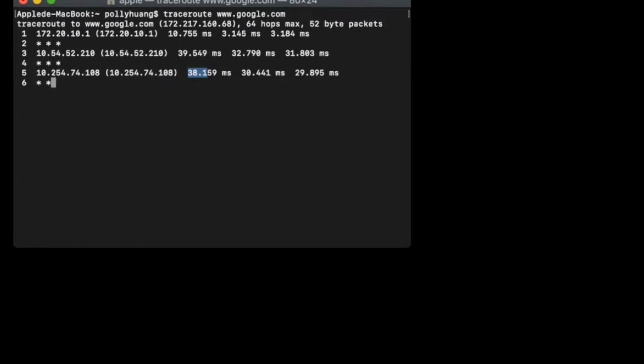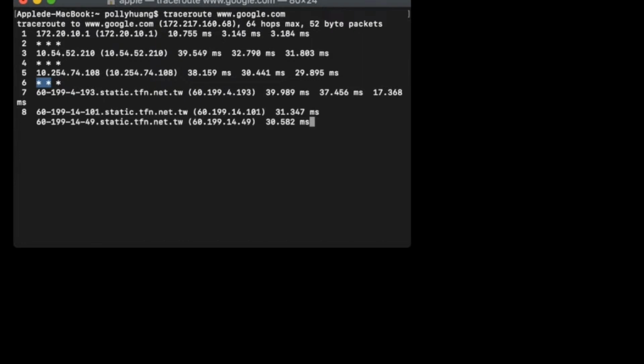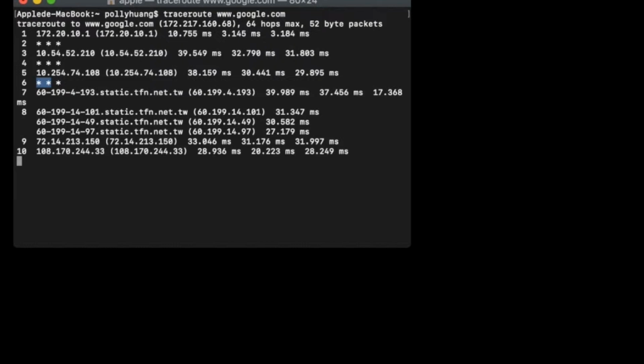And you see here, when it's star, star, star, it takes a longer time. It's because when the traceroute program sends the probing packet, there's a timeout interval. Traceroute will wait until the time exceeds the interval. Then it determines that, hey, the router is probably not going to respond anymore. So forget about the first probe, send the next probe. The next probe also waits some amount of time. Timeout, give up, and then sends the third probe.